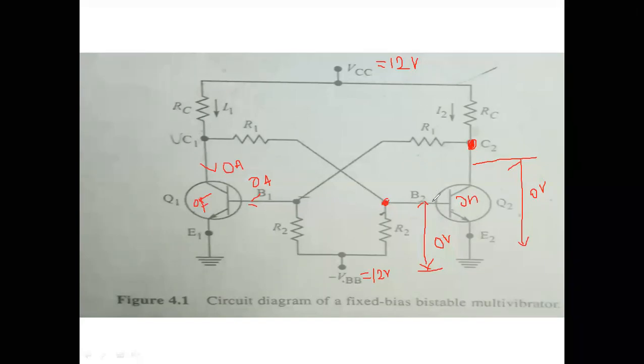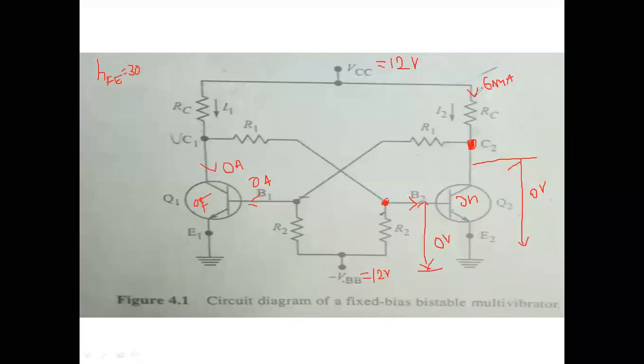First, for an on transistor, they had given the beta. The beta value is nothing but the HFE, the forward gain. They had given the HFE value as 30. And for an on transistor, we are going to assume the IC current as some 6 milliamperes. We are assuming this current for solving.